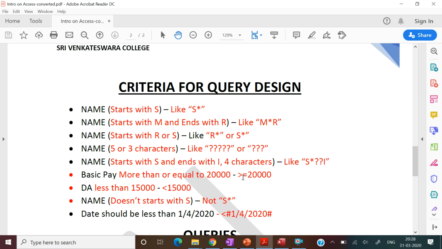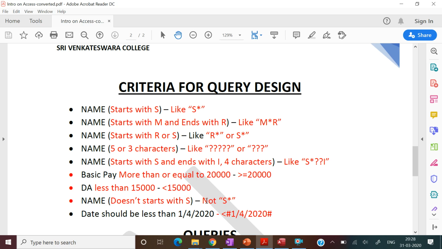Okay. Now name whose basic pay is more than or equal to 20,000. So how do we do that? We need to put greater than or equal to 20,000. Very easy. For DA less than 15,000, we will put the less than sign and 15,000. Okay. Name does not start with S, so we'll put Not.